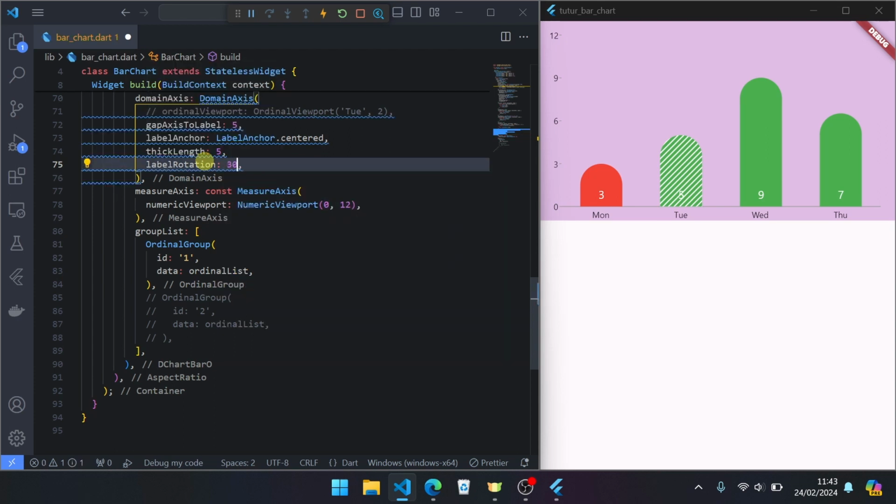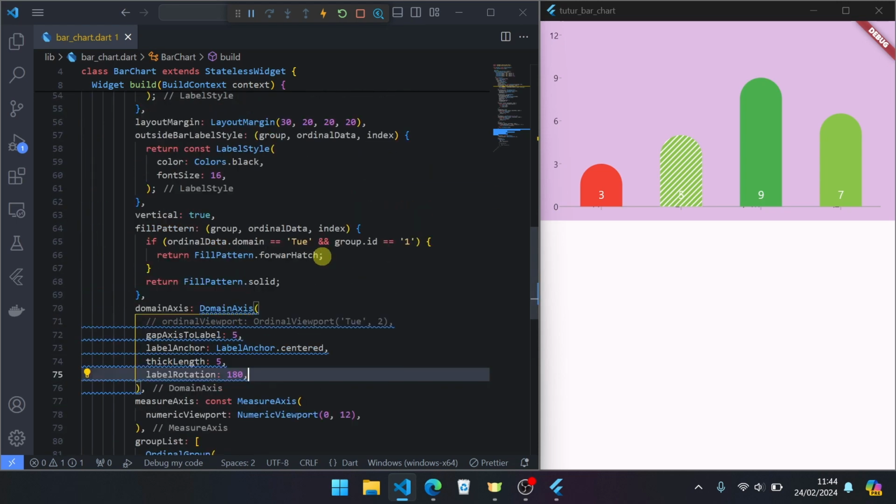If you set to 30 degree, for example, like this. If you set to 45 degree, like this. If you set 90 degree, will be like this. If you set 180 degree, the label will go to up, but hidden by item.